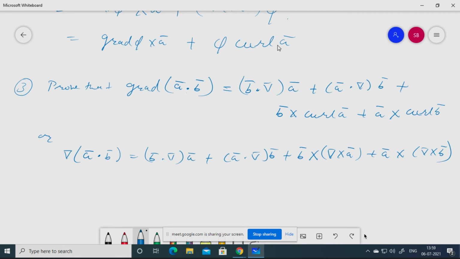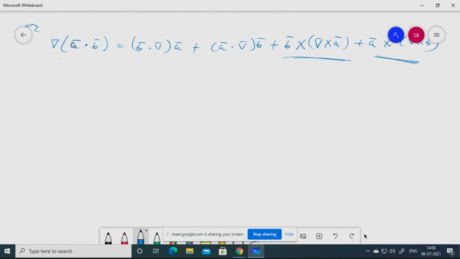Okay. So what we do is, we will calculate this part, A bar cross curl of B bar. Similarly, you will have B bar cross del cross A bar also. When you add these two, what should be the result? Adding these two, you will get the remaining result. This minus of this thing you will get, which I am underlining. Then you can rewrite the whole thing. Understood, all of you?